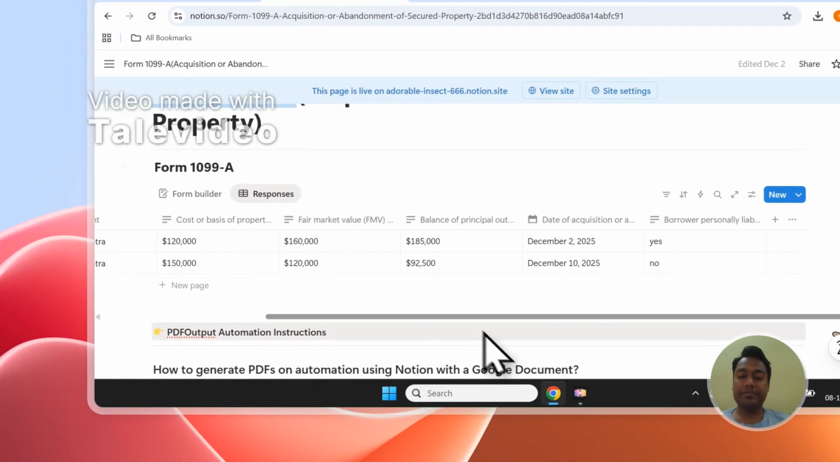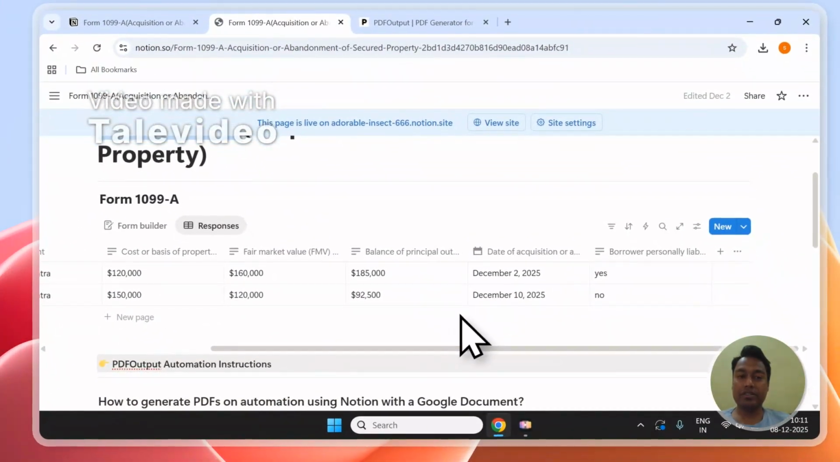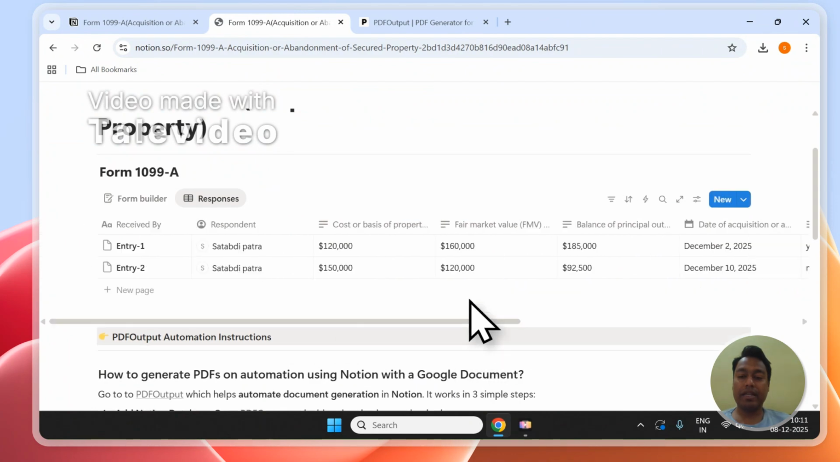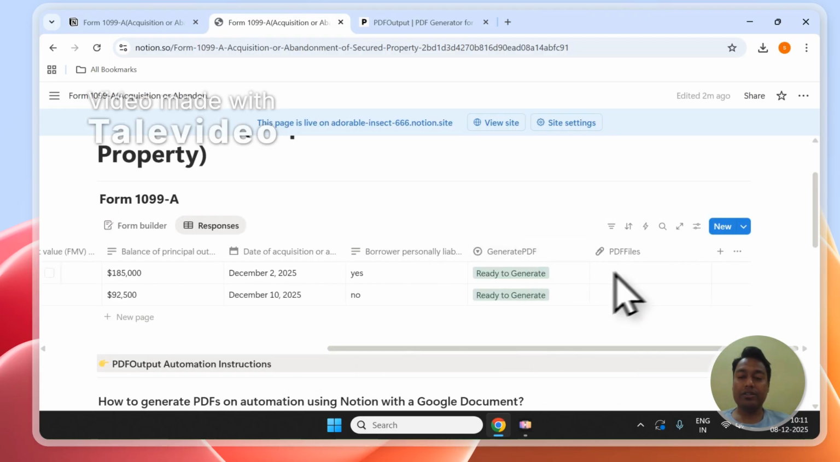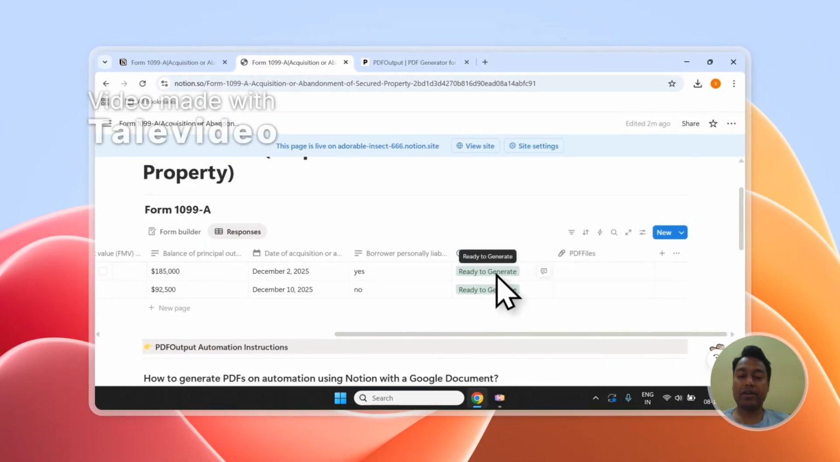If you scroll to the right side, you should be able to see two additional columns. So let me refresh this page once, and you should be able to see two additional columns created over here by the name of generate PDF and PDF file. Okay. So if any record is marked as ready to generate, the PDF file will be created for those specific